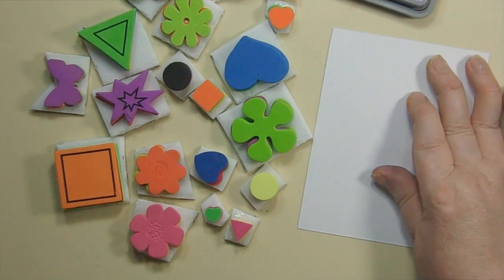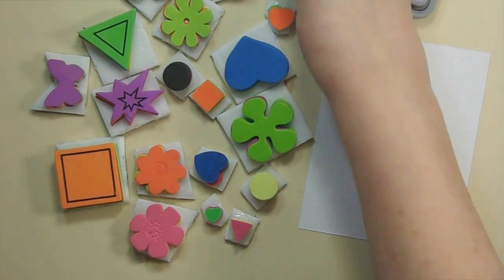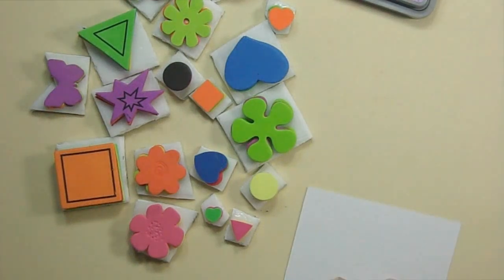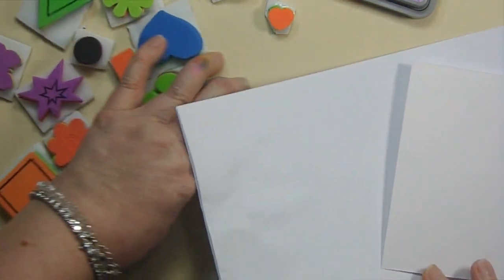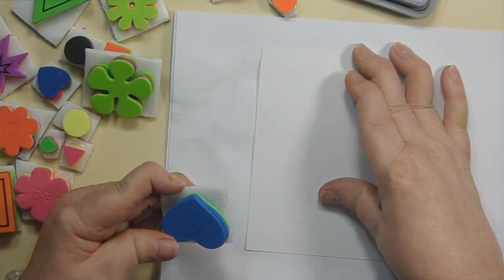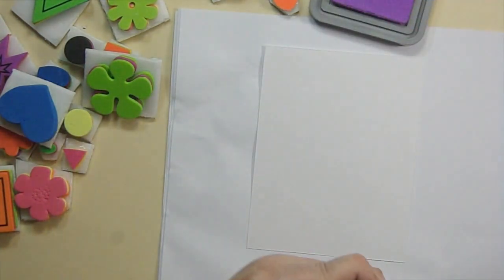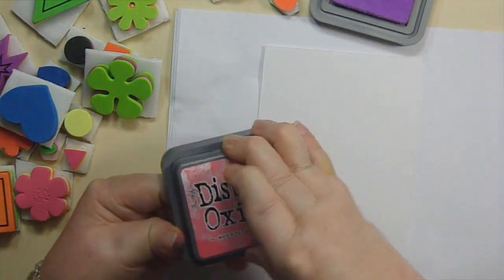The reason I wanted to make these is a lot of you might not have stamps, and you're thinking to yourself, well, what can I use to make stamps? So I thought we could play with these and make a background and see if it works and if it looks good enough that we can actually make a card out of it. So I'm going to use some white printer paper, just scrap paper, for my background image. Unfortunate that the background is as white as it is, but it's the way we roll. And I'm going to use the new Distress Oxides Wilted Violet, Worn Lipstick,